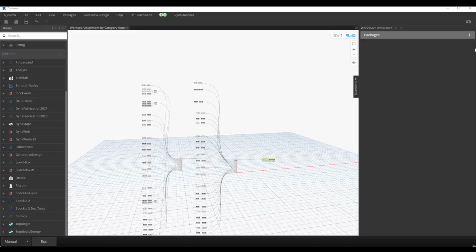Hey, so I've got a script here. I thought this would be kind of a cool, fun script to build. I was looking at my backlog of possible videos to make. So in that backlog, I've got scripts and other things in it. And I was cleaning it up and found a Workset assignment by category